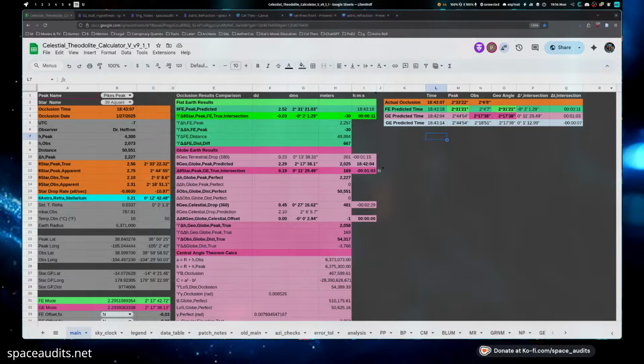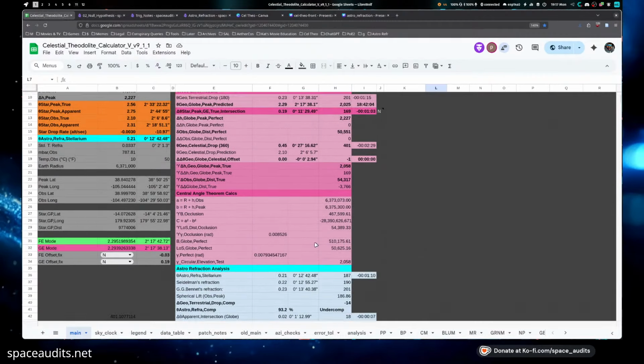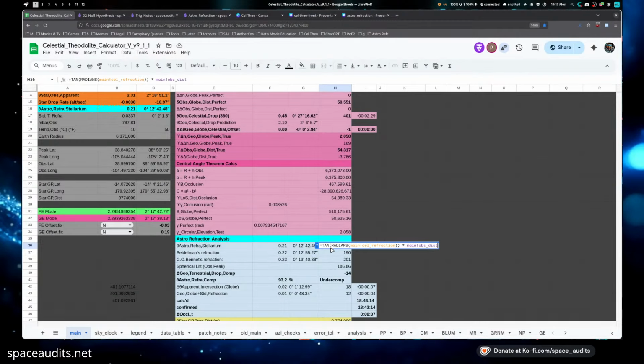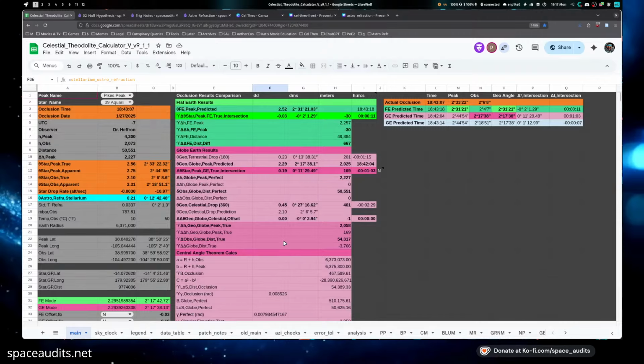So you know that we account for refraction. It's all in there. Like Finky said, he has 10 cells labeled refraction, and not only are they labeled, you can click on the cells and you can see what they came from and how we're applying them, which is the pivotal part in understanding anything if you're going to critique anything about this. Because if I hear you're not accounting for refraction again as a hand wave dismissal, I'm going to have to just not hear anything from you ever again.